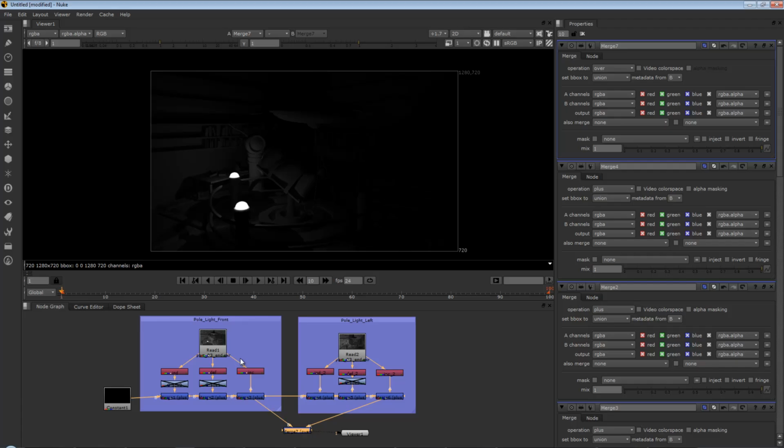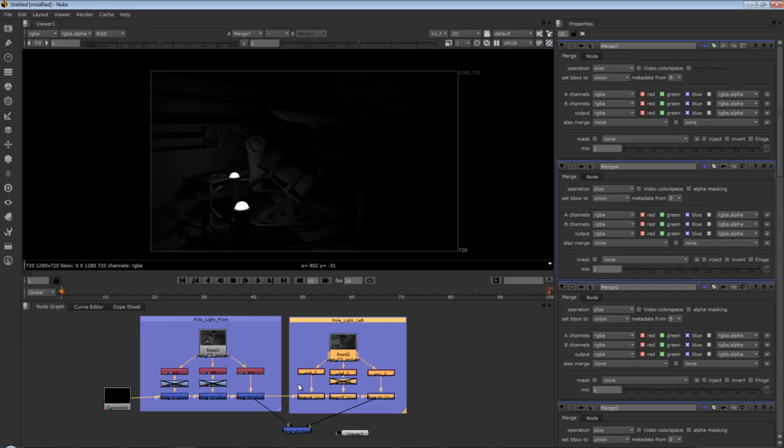So when we come back in the next part, we'll set up the rest of these render passes and we'll look at using some grade nodes, some glow nodes, some color matrix nodes, and a lot of other things to really get into the heart of tweaking our lighting in post-production. But so far, this is not so bad. We have control